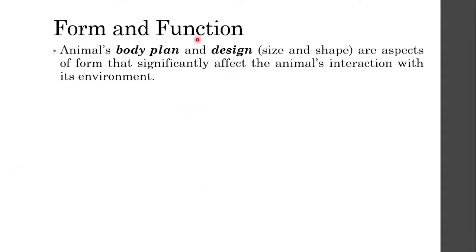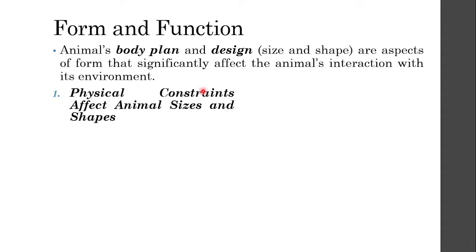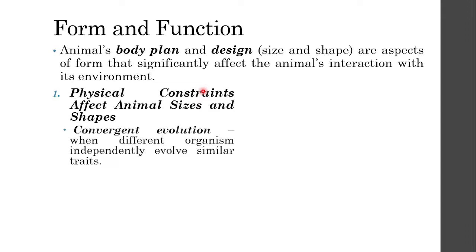And a lot of the sizes and shapes that an animal has, not only in its body but in some of its structure, significantly affect the animal's interaction with its environment. Let's take this for example. Physical constraints affect animal sizes and shapes. I talk about convergence right here, but one of the most prominent convergences that you can see is